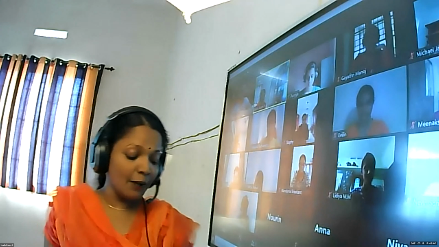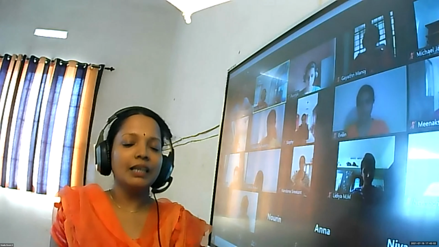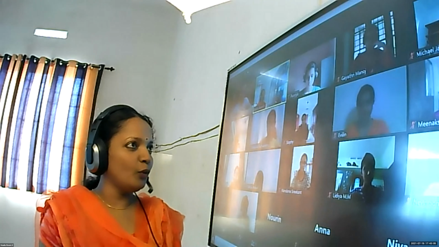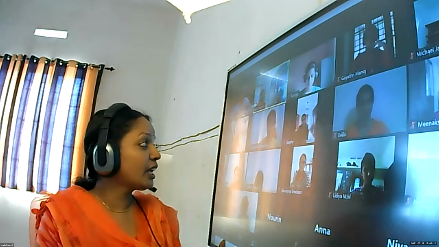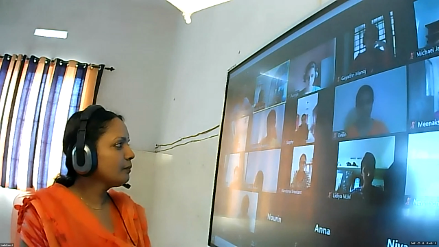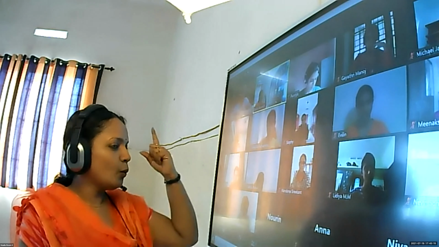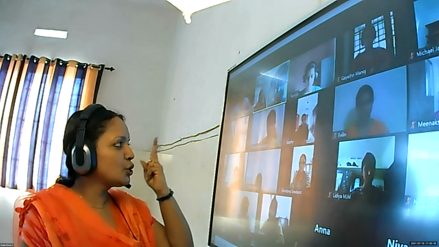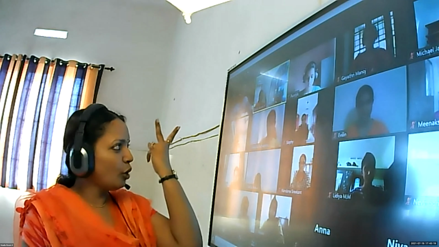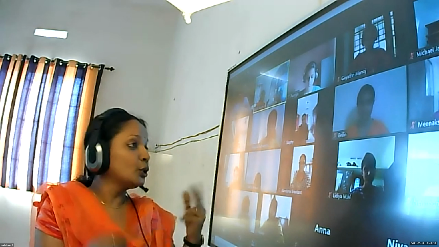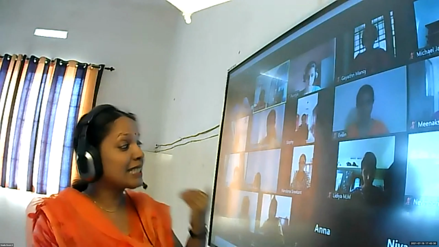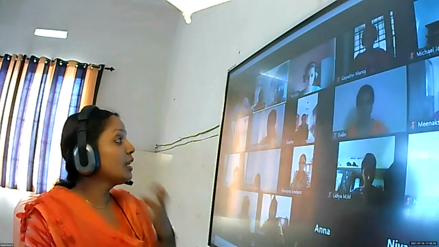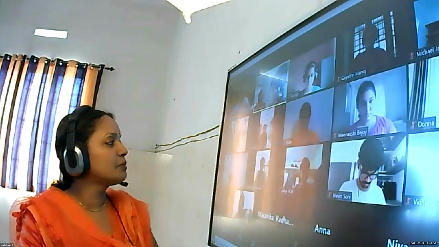So why this example is mentioned is only 64 squares, and whatever the number present in the previous square has to be double. Think about amoeba, paramecium and all. When they carry out binary fission, isn't the same thing happening? One amoeba divides into two daughter cells. Those two daughter cells will form 4 daughter cells. Those 4 will form 8. And if this goes on, within 64 days, you can imagine how many organisms will be formed.